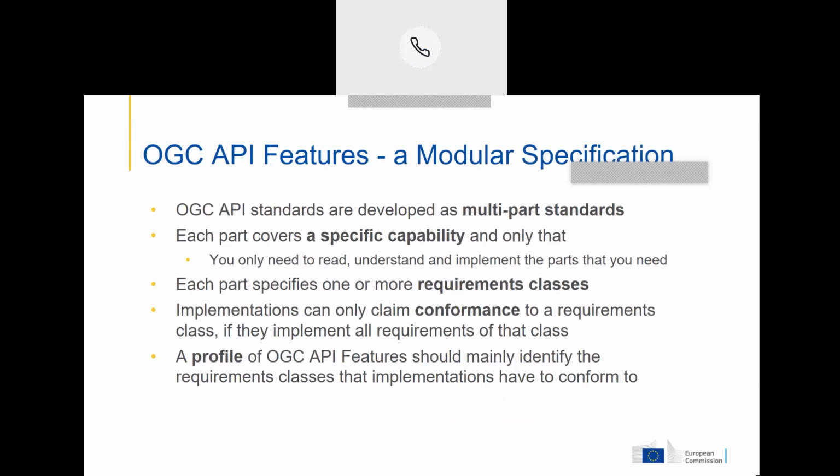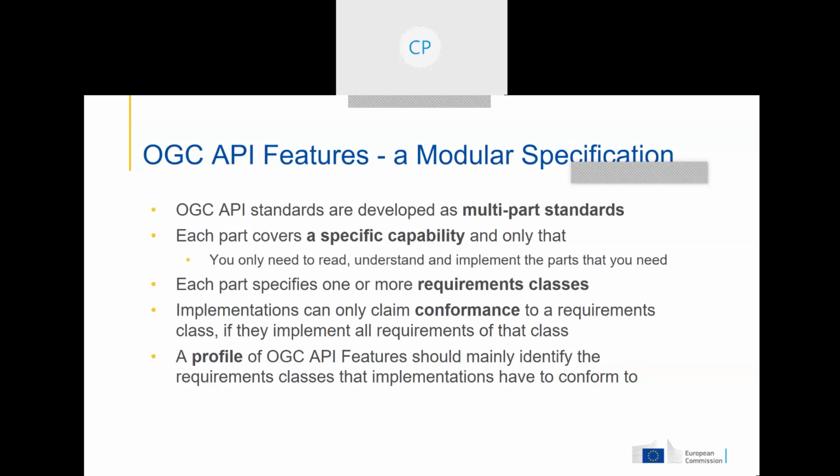And another aspect is that Web Feature Service as a standard is a big standard with many capabilities, and for those who just want a tiny certain aspect, or let's say the minimal thing, it's really hard to understand which are the minimal things. So we break it down into a multi-part standard. Every part covers only a specific capability. So you only need to understand the stuff, and it's easy to identify, understand and implement the parts that you really need for your use cases, both on the server and on the client side.